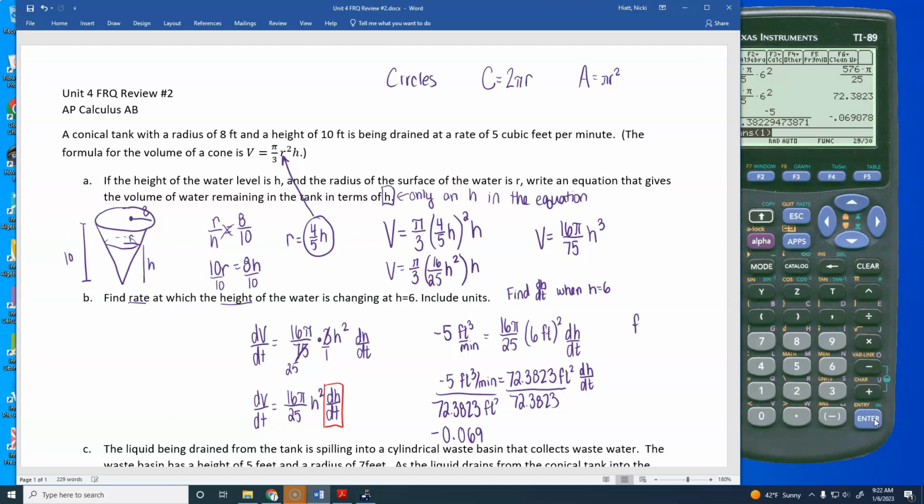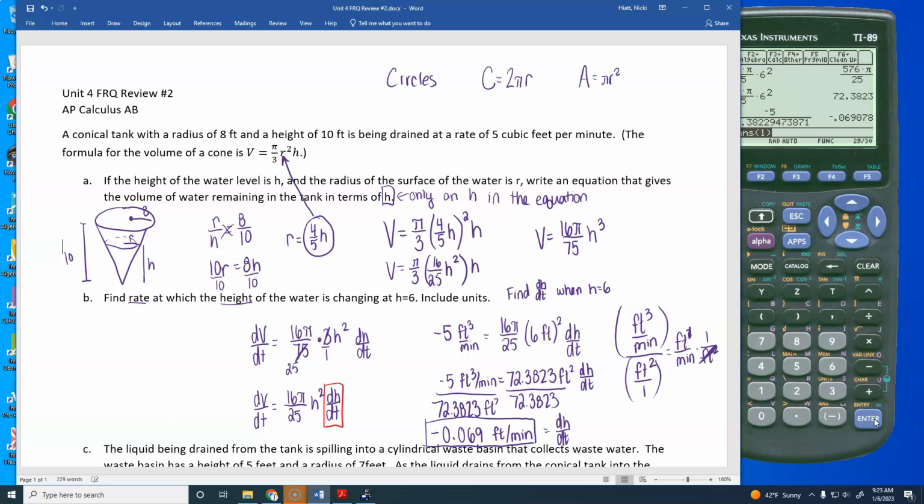And you're doing feet cubed per minute divided by feet squared, dividing fractions, easy as pie. Flip the second and multiply. The square feet, 2 of those are going to cancel. You'll just have feet per minute. And that is your dH/dt. So this would be